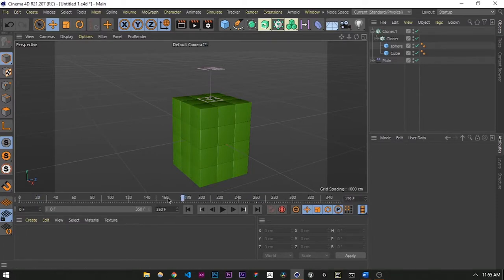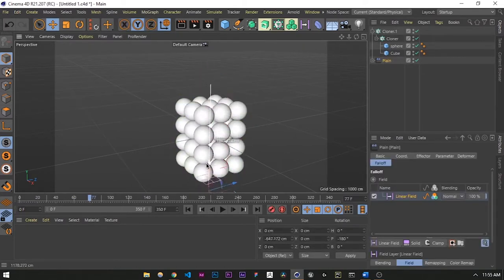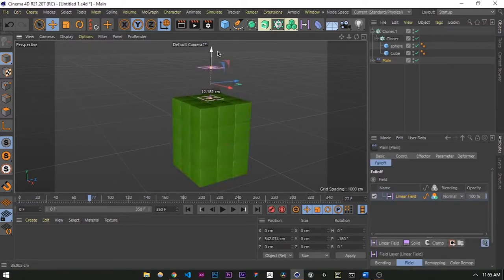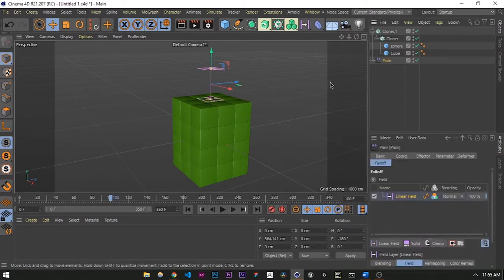350. And we want this animation, basically this animation of this being converted into balls, to start from something like frame 100, because before that the cubes are going to come out of the ground, and then the animation is going to start. Okay, so something like that should work. Just save your project, and if I set it for 100 frames, and if I select this plane effector, and